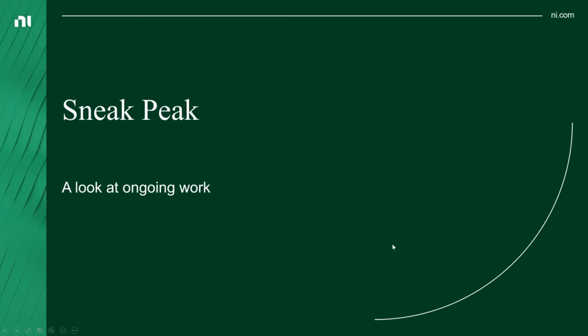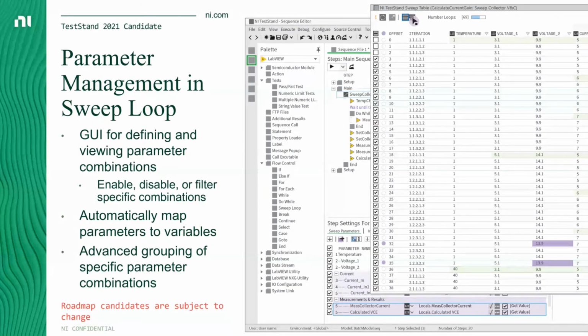I'll touch on ActiveX, I'll touch on dark mode, and look at the parametric sweep. The sweep loop step is something that we're actually investing a fair bit of effort into right now, to really give you more control over the kind of nesting that you want to have within your parameters that you're setting, as well as refined control over what you're actually sending to your DUT. This is a view we're calling our test vector view of all of the values that you're iterating through, and we're working through giving you the ability